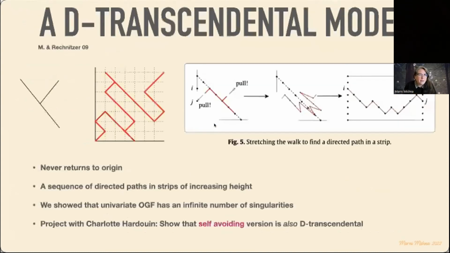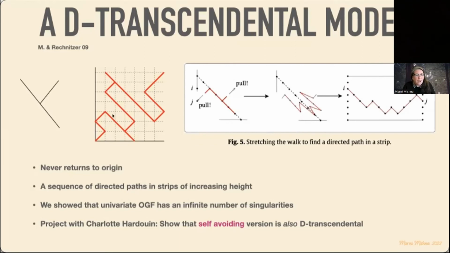So Andrew Rechnitzer and I, when we looked at this model initially, we did this very combinatorially. You can see combinatorially that this is an example of that walk. You get a directed walk in a strip, but the height is continually of different heights. We did a whole combinatorics on this, but we proved things by showing there was an infinite number of singularities. We actually used a strategy that he had used with, I think it was, I'm going to get it wrong, Van Rensburg and Prellberg, for the self-avoiding version of this.